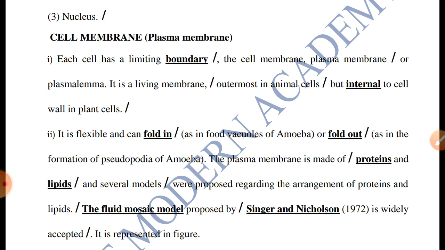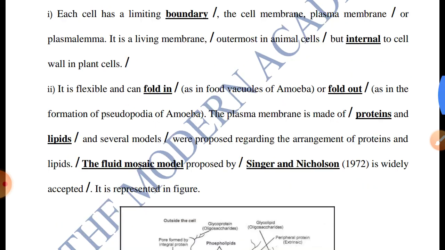And the characteristic of the cell membrane is that it has the ability to be flexible. Flexibility means easily bent without breaking. That's what happens in amoeba. Amoeba can change its position easily without breaking its body. And this cell membrane has an arrangement of protein and lipids. It is made up of protein and lipids, and this is explained by Singer and Nicholson in the